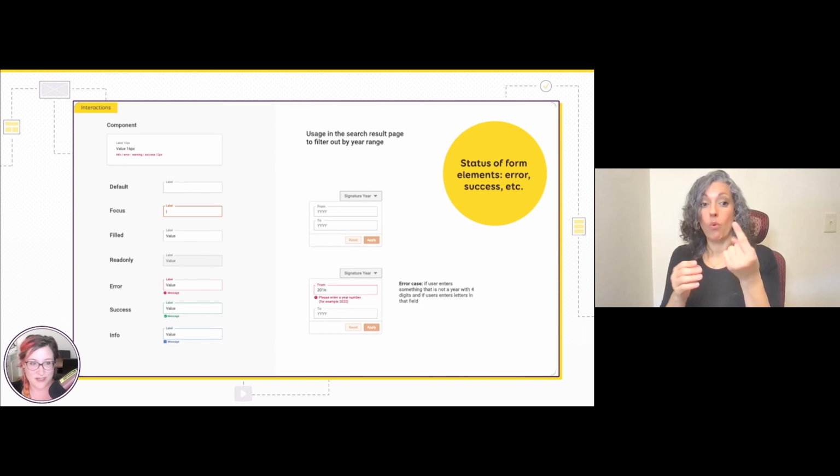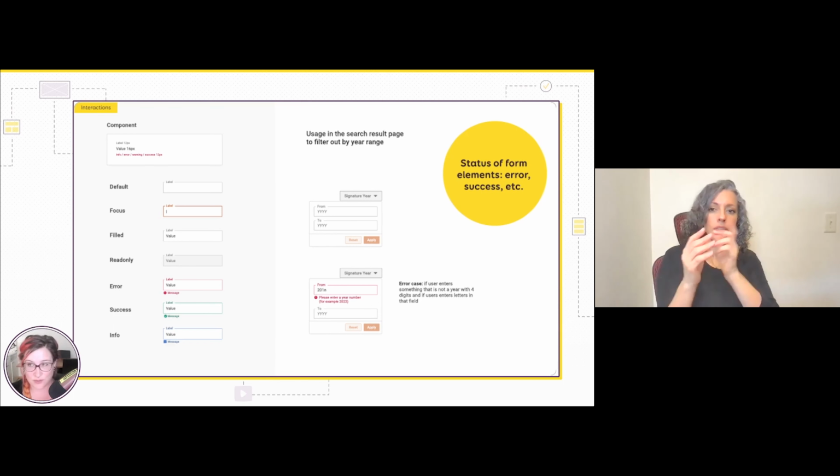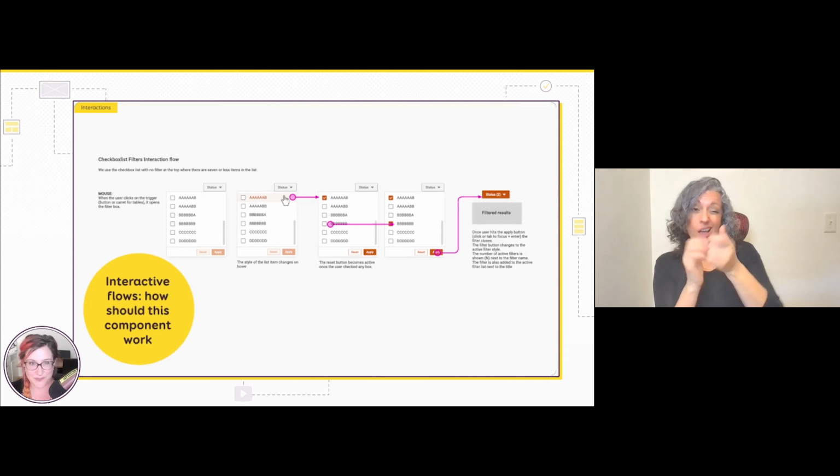So the error here is triggered if users enter something that is not a year with 4 digits, and if users enter letters in this field. So that's my error case. And then I also put the exact message. So here, if you're working with content writer or UX writers, maybe they can also help with how to write a proper error message.